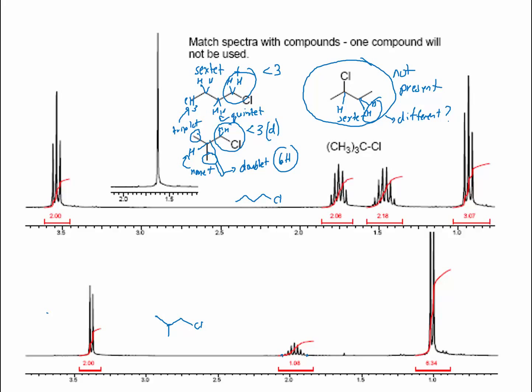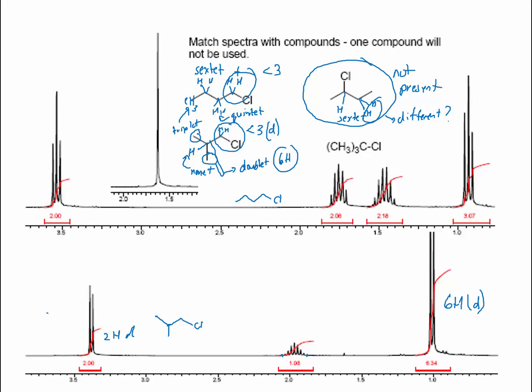Remember, even when you're split into 7 lines, the outside line is 1/20th the size of the inside line. So that's not a reliable method, counting the lines when you have a lot of lines. So there's far better, more reliable methods than just counting the number of lines in heavily split peaks like this. But we do see that we have 2 hydrogens, a doublet, and 6 hydrogens, a doublet. That's perfectly consistent with that. Okay,